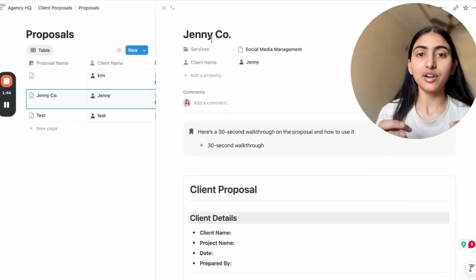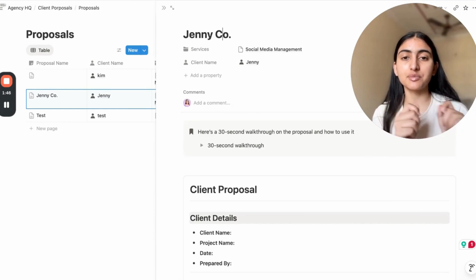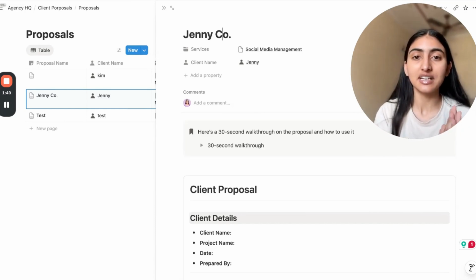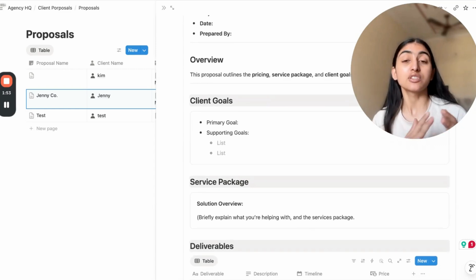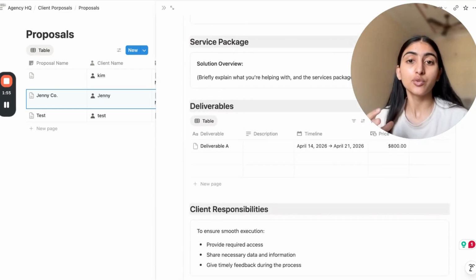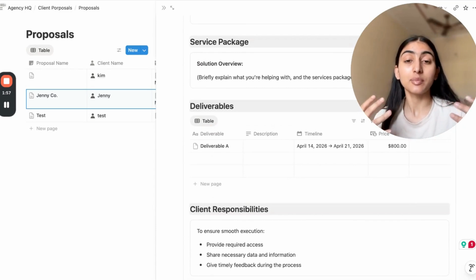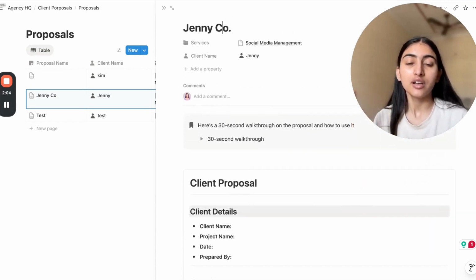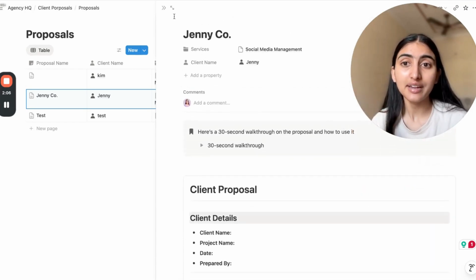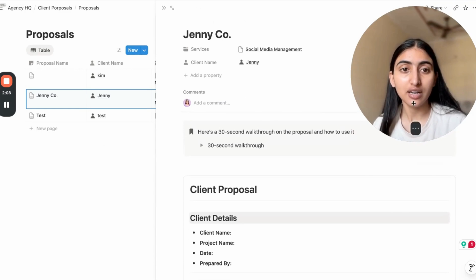So this is how I don't need to really move the information manually from one place to another once the deal is closed. And the next part is, this is the proposal template that you are definitely going to change and customize based on the client's deal. So you will fill out all of the required information, customize it to your client, and then you can send it across to your client.